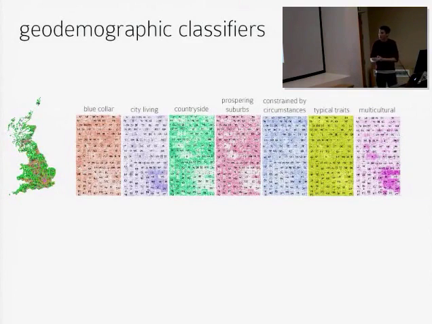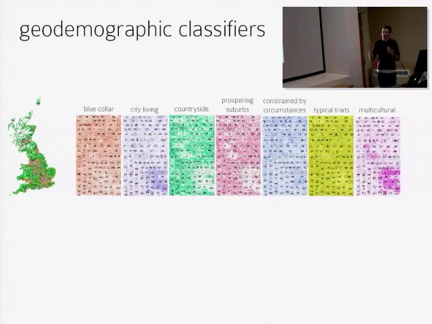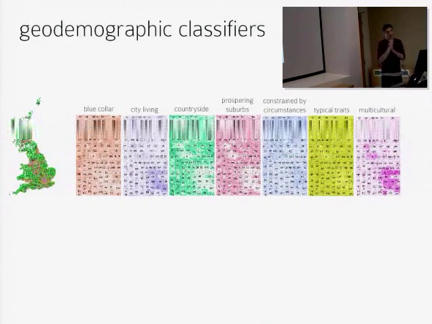Once the researchers who developed this classification identified groups that seemed to be discriminating, they gave them labels that resonated with the types of people who live in those areas. But as they're typically used, we use these big 7 supergroups and take the names for them, and use them in the data analysis as a sort of variable data frame that we can then apply.